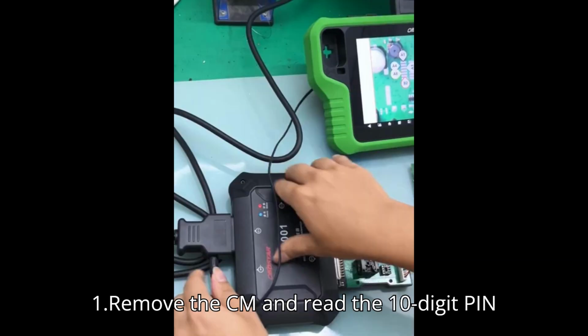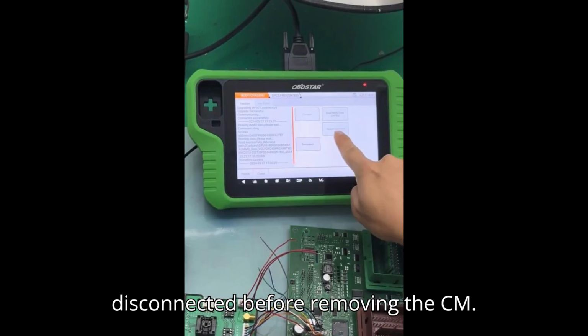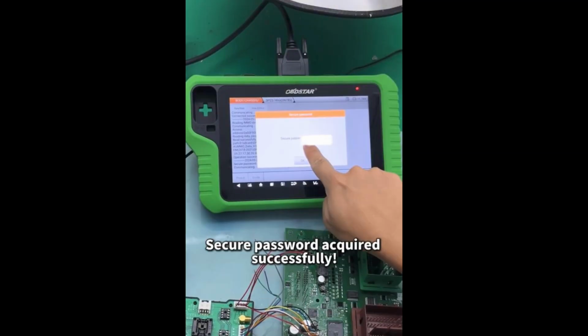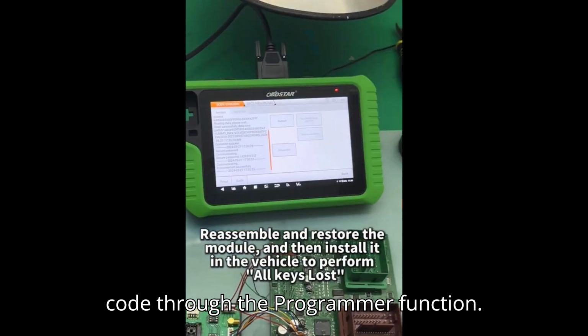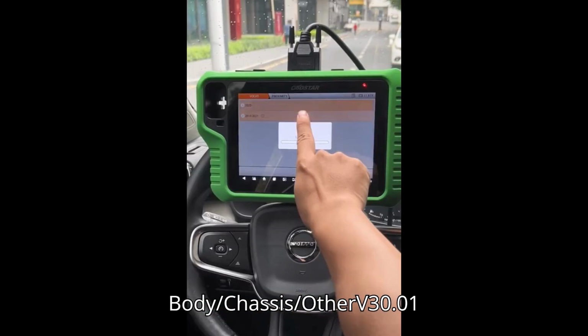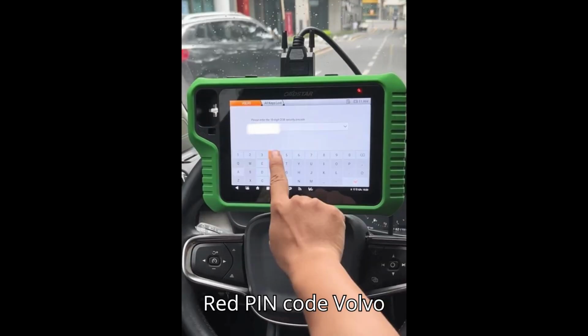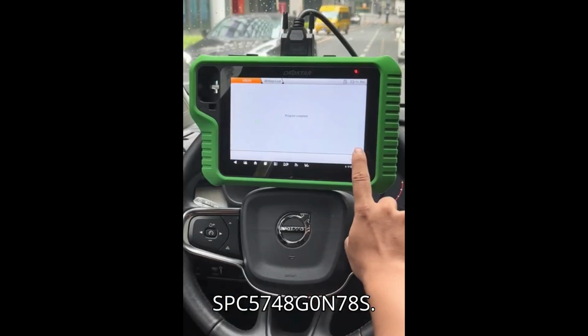1. Remove the CEM and read the 10-digit pin code. Note, the battery needs to be disconnected before removing the CEM. 2. Open the CEM casing and read the pin code through the Programmer function. 3. Select body/chassis/other, body/chassis/other V30.01, read pin code, VOLVO XC40, proximity, CEM, 2018 to 2021, SPC5748,